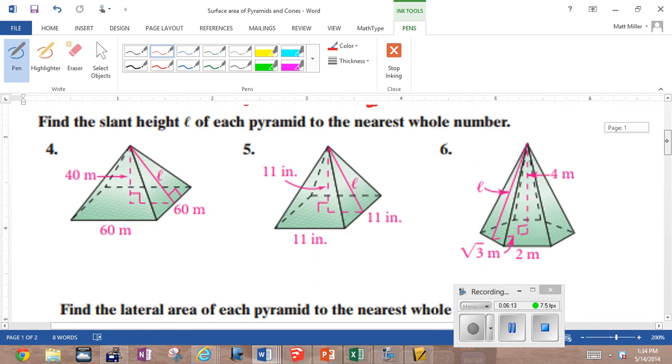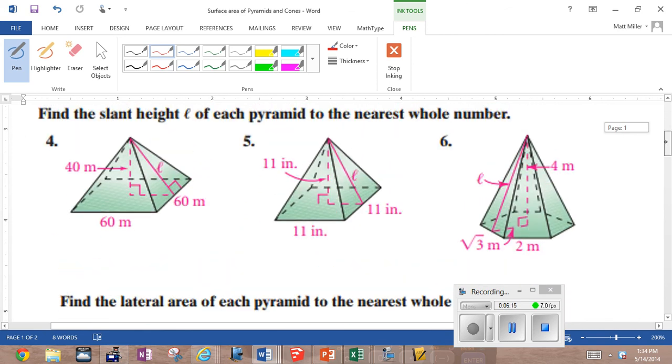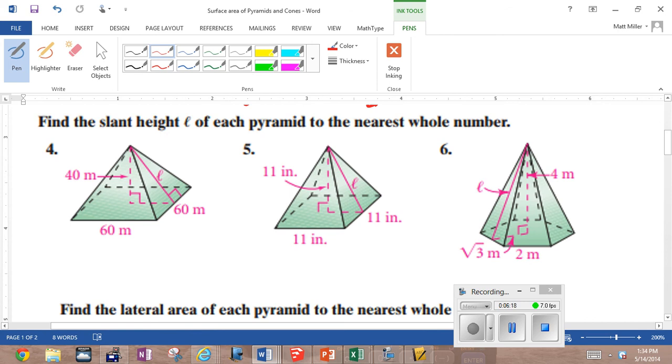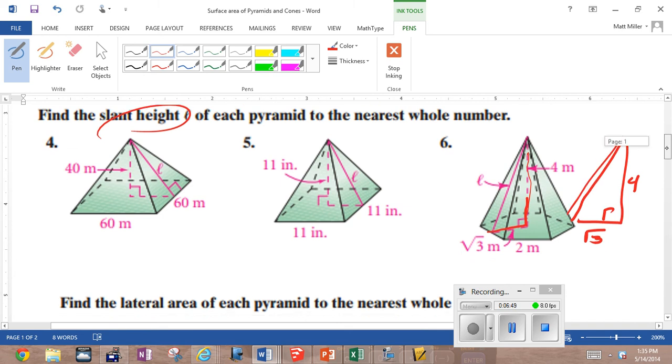Of course, you're going to have to be concerned about another one down here, although this is just asking for the slant height. And of course, you're looking at the right triangle that's inside of here. You have the measurements that you need for that. You just maybe want to pull that out and take a look at it. It looks like it's pointing to this base in here as radical 3, and the height here as 4. So by Pythagoras, we can find the slant height, and with the slant height, we can find the